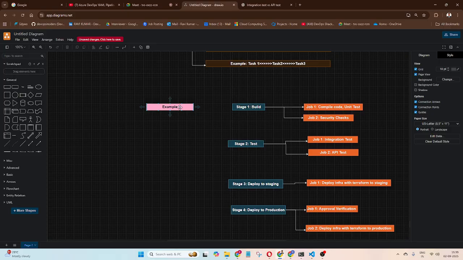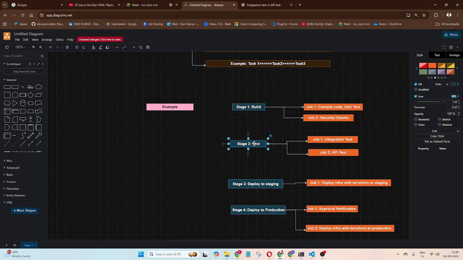Whether you are building any pipeline, if someone asks you what structure you follow in your organization, or tell me the flow of the pipeline, if you are going to join some other company and they ask you, tell me the pipeline flow,